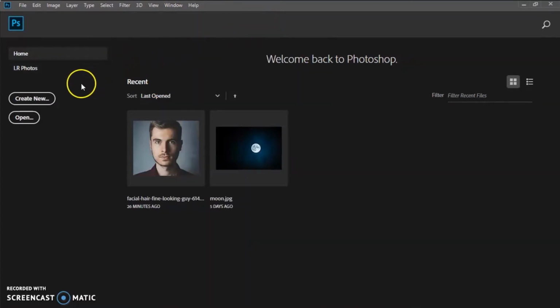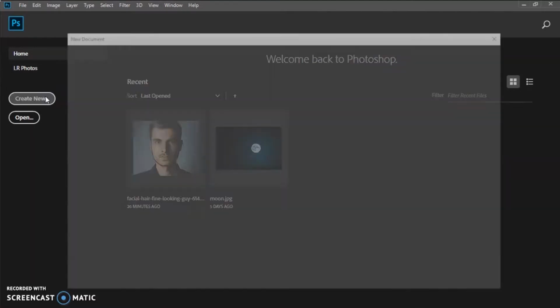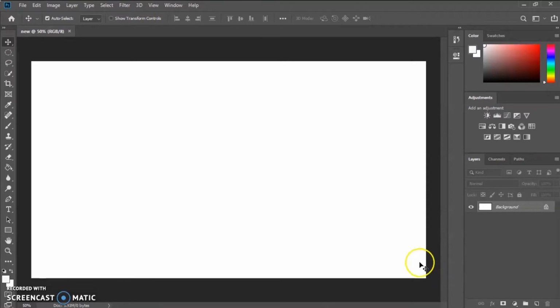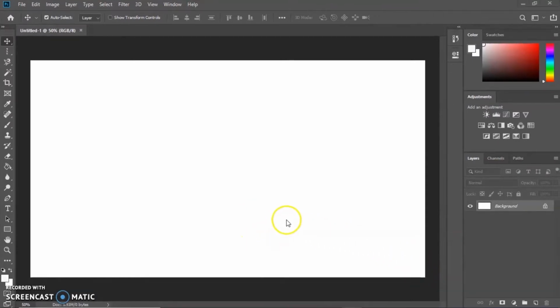Alright, so now let's proceed to make our first file, our first project you can call it. So let's go to File, New, and this is basically the window where we're going to do all the settings for our project. First of all, we can name the project whatever we want. I'm just going to name it New for the tutorial's sake. And then for the width and height dimensions, you choose what you want. But for now, we're going to do a standard 1920 by 1080 dimension for this project. So, let's press Continue, or Create.